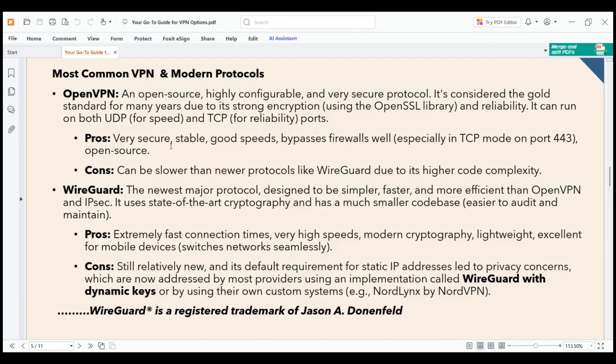Then pros: very secure, stable, good speed, bypass firewalls. You understand? Well, especially in TCP mode on port 443. Cons: can be slower than newer protocols like WireGuard due to higher code complexity. Now you see this particular, especially in TCP mode on port 443. So port 443 is actually HTTPS. You understand? Secure